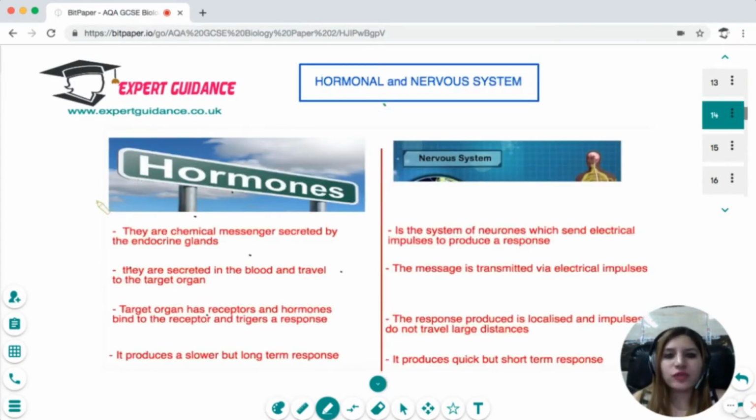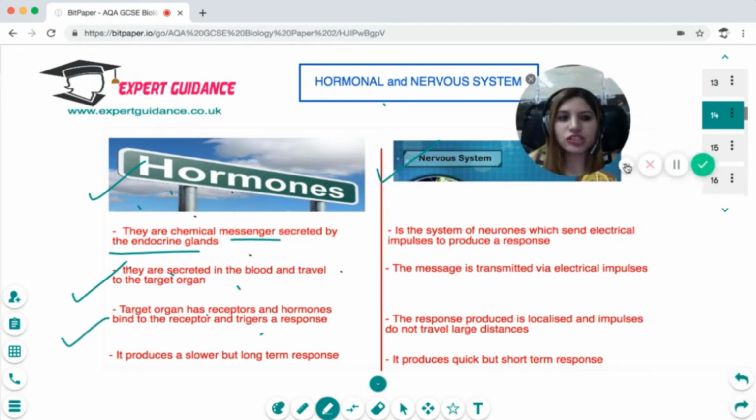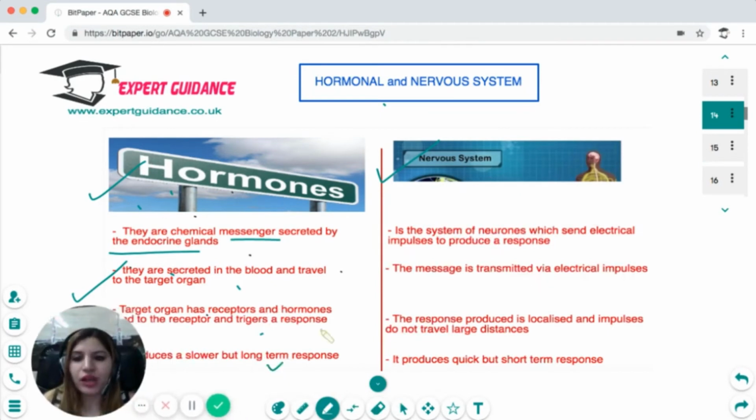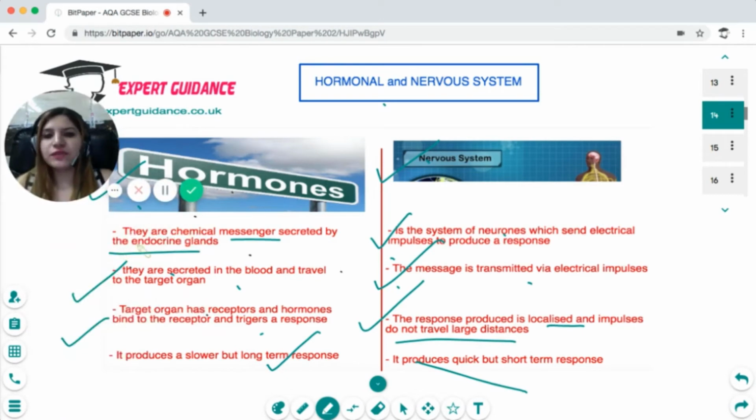Now, the difference between the hormonal and the nervous system is that the hormonal system releases hormones, which are chemical messengers secreted by the endocrine glands. They are secreted into the blood and travel to the target organ. The target organ has receptors, and hormones bind to the receptors and trigger a response, producing a slower but long-term response. On the other hand, the nervous system uses a system of neurons which sends electrical impulses to produce a response. The message is transmitted via electrical impulses. The response is localized, and impulses do not travel large distances, but the response is quicker but short-term. So you should know this difference between hormones and nerves, how it works, and which one is quicker and